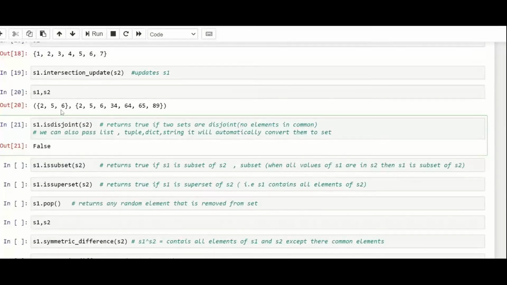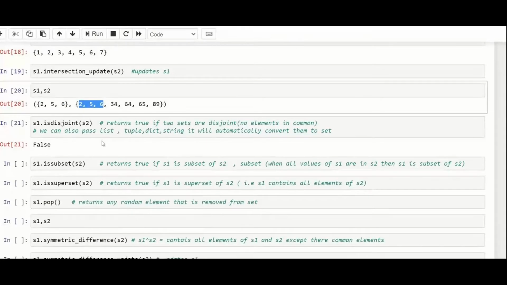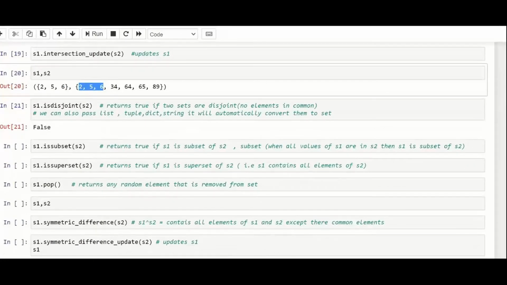In this case there are multiple elements in common, like 2, 5, 6. That is why it gave us a false. If there are no elements in common, then it will give us a true.